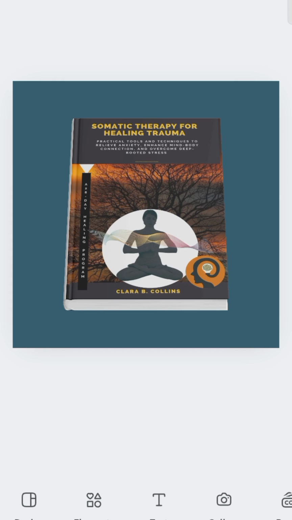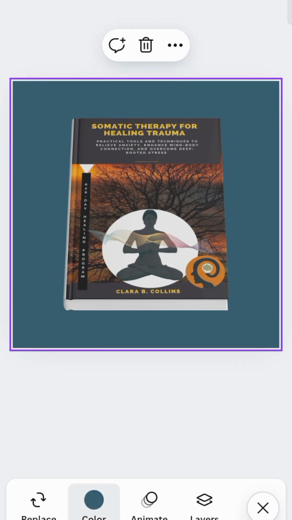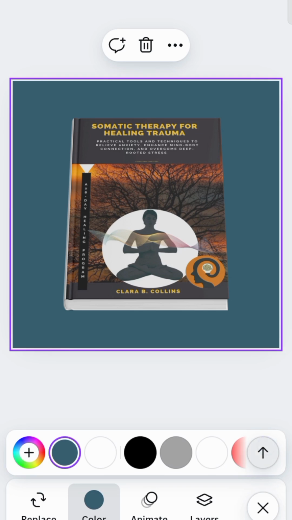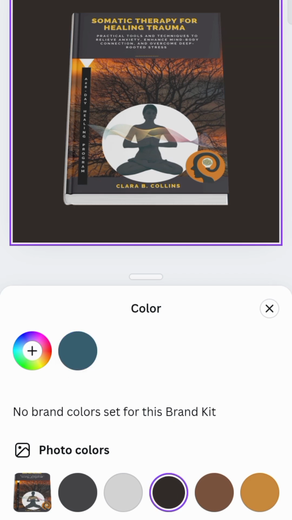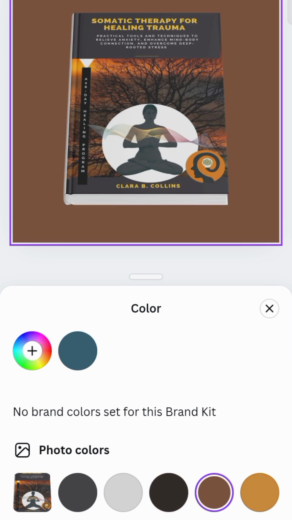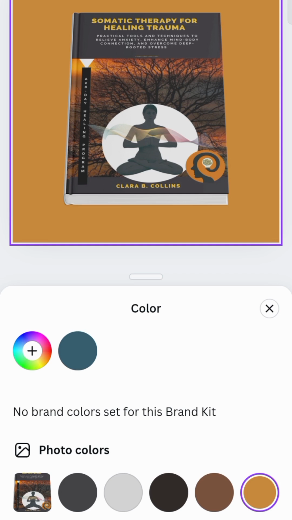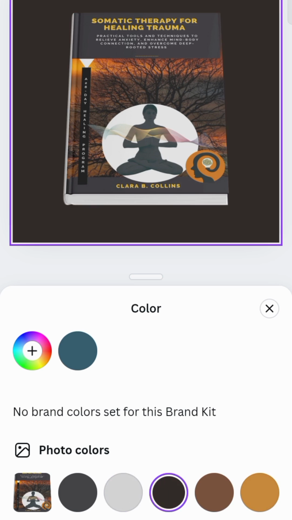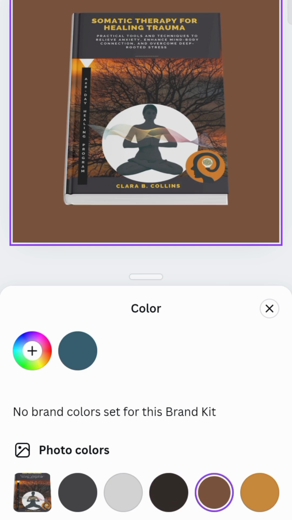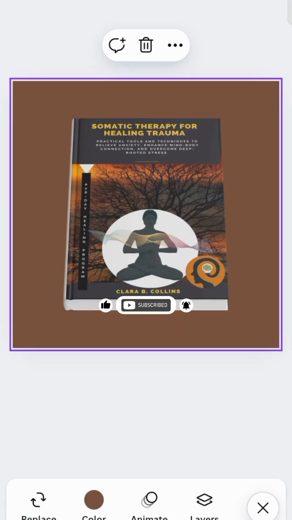Alright, so you can now change this background. Tap on the background to change the background. Okay, any of these colors we can use, it will be fine. I think I prefer this one. So you can now